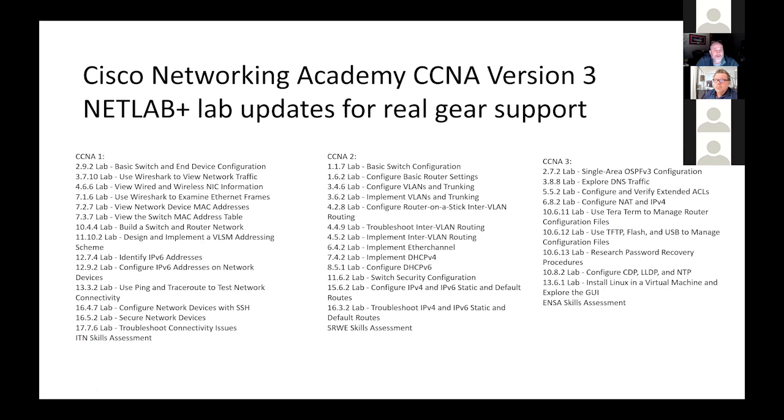Now, Cisco has a lot of good reasons, I'm sure, for encouraging the other labs to be done in Packet Tracer, and I'll defer to the Cisco content team. As I said earlier, I believe Cisco does the best job engaging a student from zero knowledge and building them up. And I think Packet Tracer is an excellent tool. So I would encourage schools, if you got access to a NetLab, make sure students can play with real gear.